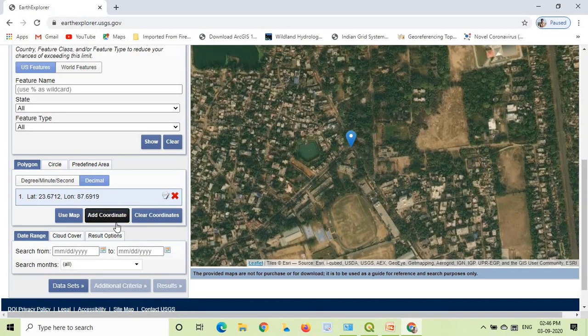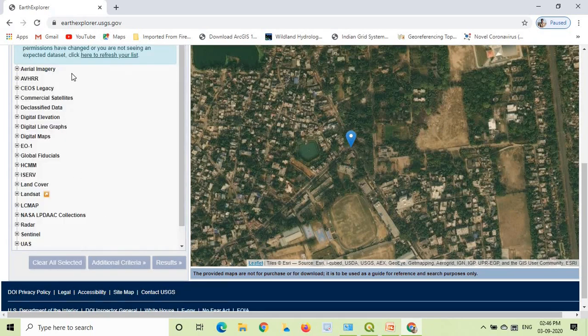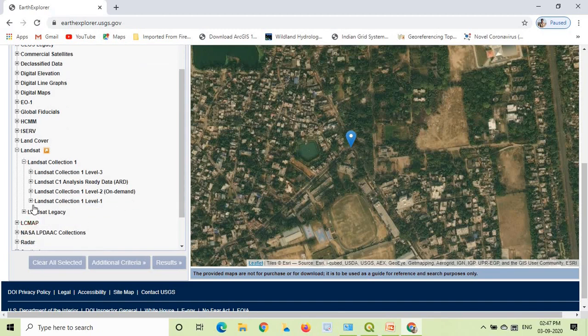So after adding the coordinate, click here at the bottom over dataset. Here you get different options for downloading different datasets. I need Landsat 8 data. So expand the Landsat, Landsat collection 1, and at the bottom Landsat collection 1 level 1.